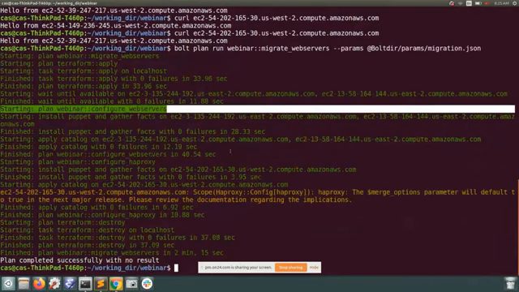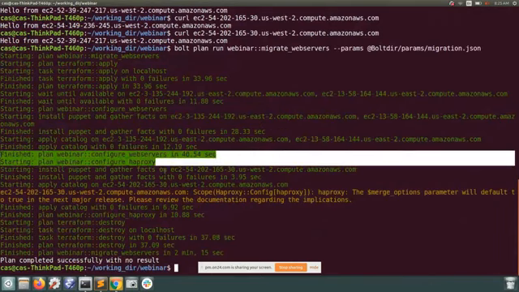Then once that is done, we run the configure HAProxy, which ends up removing the old web servers from the Western Data Center and replacing it with the newly configured ones from the Eastern Data Center. Then once that's done, we can safely destroy our old nodes in the Western Data Center. So